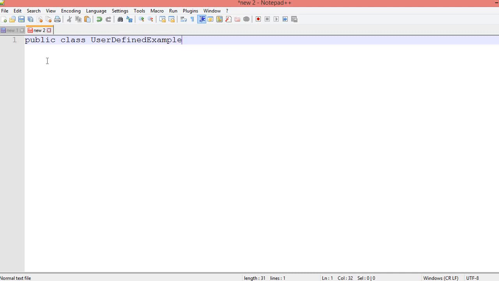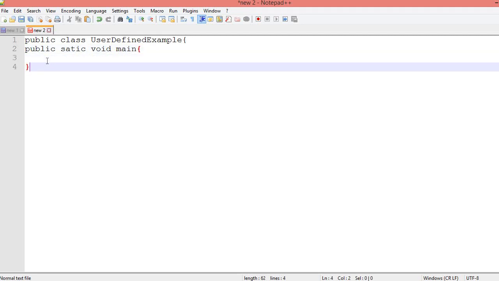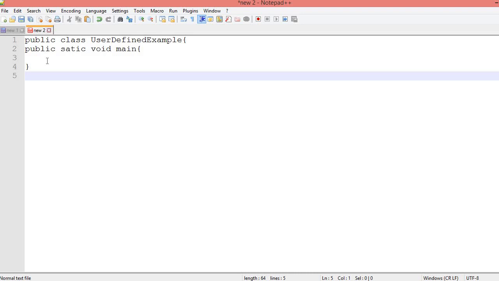Okay, then next public static void main, then close curly braces. Here I will write one user defined method, public static.